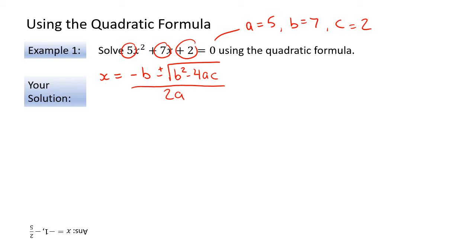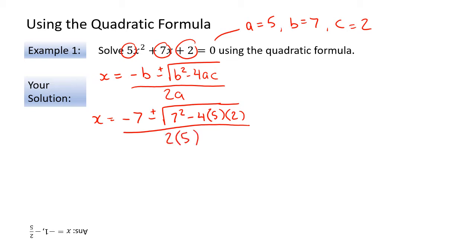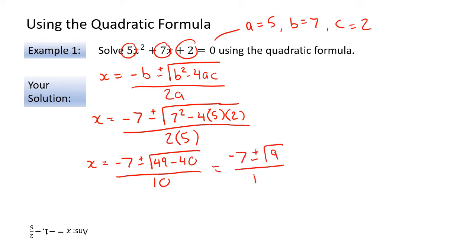So this formula becomes a simple plug-and-play exercise. So x is equal to negative b, which is 7, plus or minus the square root of b squared, 7 squared, minus 4 times a, which is 5, times c, which is 2. And that is all divided by 2 times a, which is 5. So if we simplify these out, we get x is equal to negative 7 plus or minus the square root of 49 minus 40 divided by 10, which is negative 7 plus or minus the square root of 9 divided by 10. So the square root of 9 is simply 3,